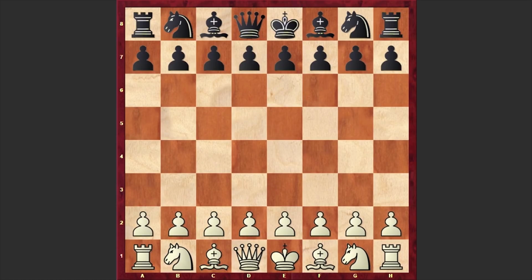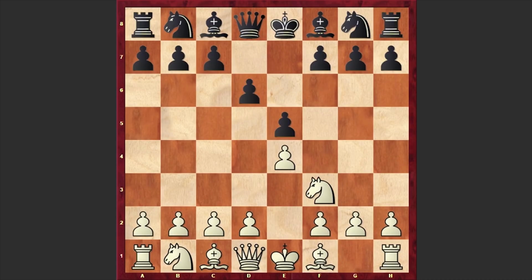In this game Savielly Tartakower is on the black side and his opponent is Ukrainian-Polish chess master Moishe Lowcki. The game was played in 1937 at the Polish Championship. Lowcki had the white pieces and he opened with e4. Tartakower responded with e5, knight f3, d6, the Philidor defense, bishop c4, and a strange-looking answer by Tartakower,